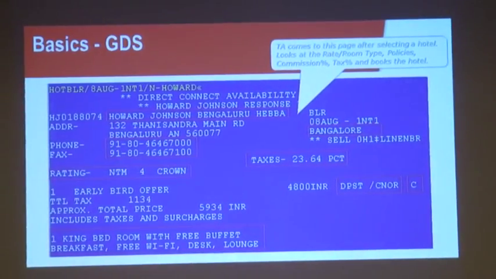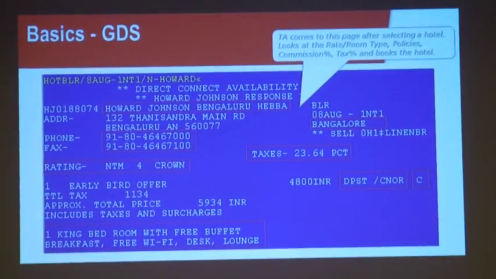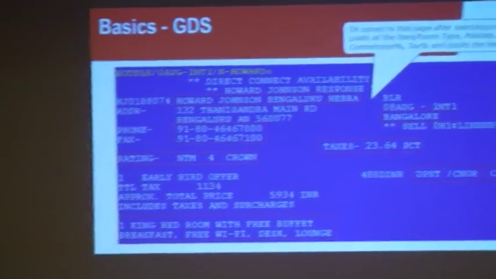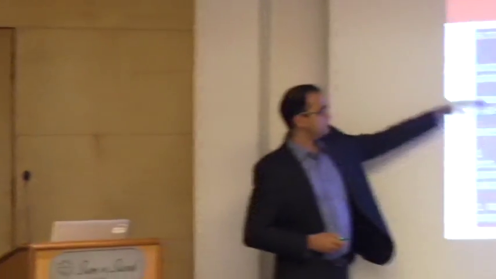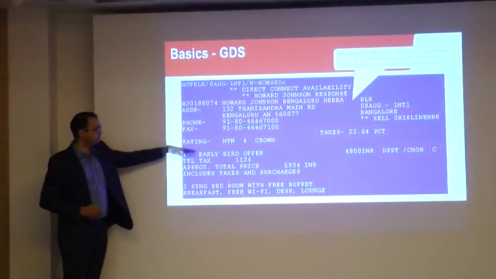Don't get confused: my hotel, I was just talking to someone, and he said we are now accredited as a 5-star hotel, but the GDS doesn't know it. GDS doesn't care what the Indian government has given you in terms of ranking. They have their own system. I'm going to come to that point. So for them, it says 4-star, and then your rates start. Everything above this point is static. It doesn't change normally. Everything below this point is